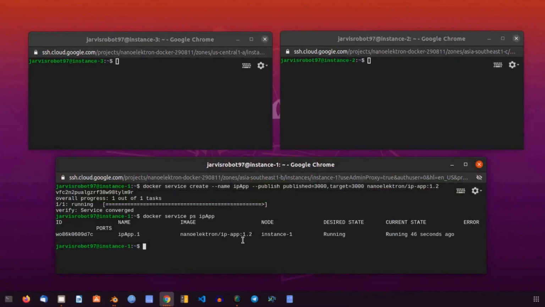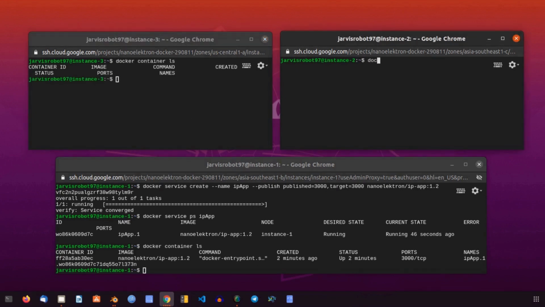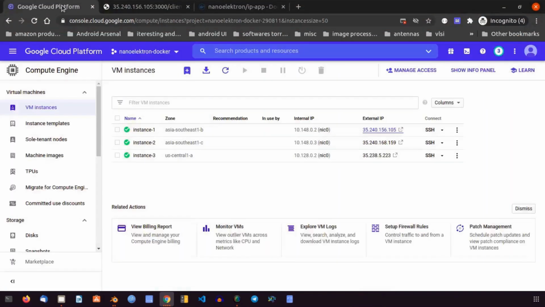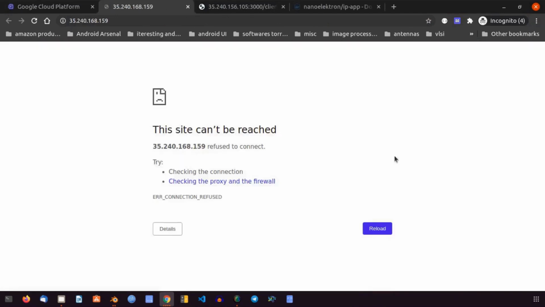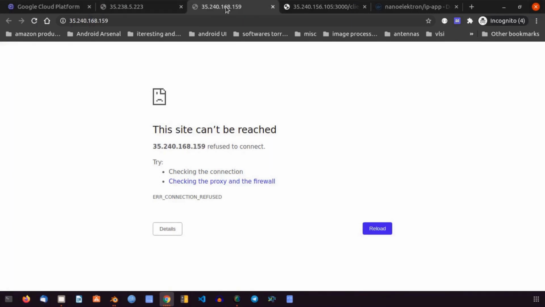To clarify all these statements in a better way, let's do docker container ls in all these instances. And now it is very clear that there is only one container created by the service IP app, running in instance 1. Let's try hitting the client IP API on port number 3000 with the IP addresses of instance 2 and 3.